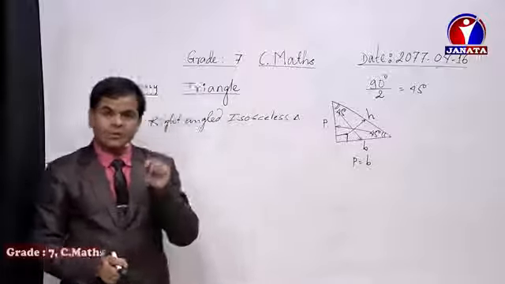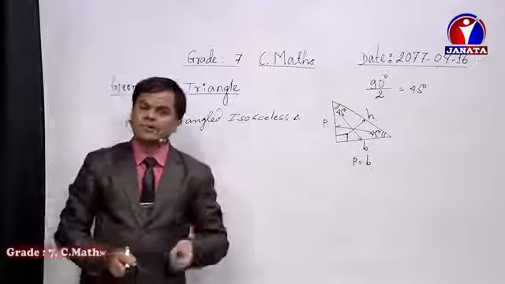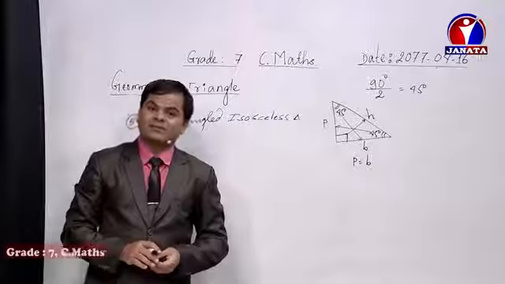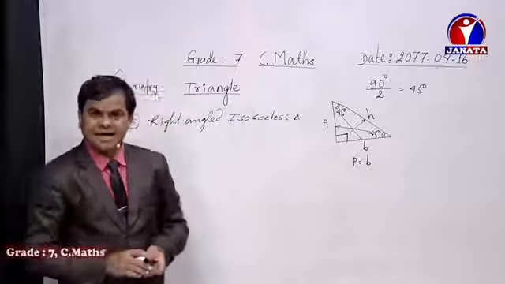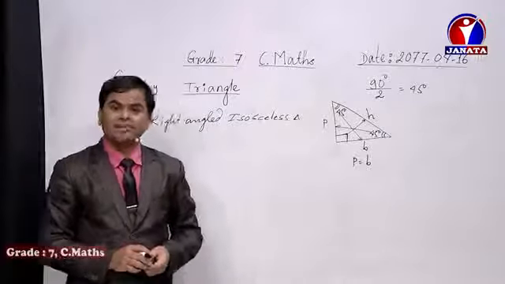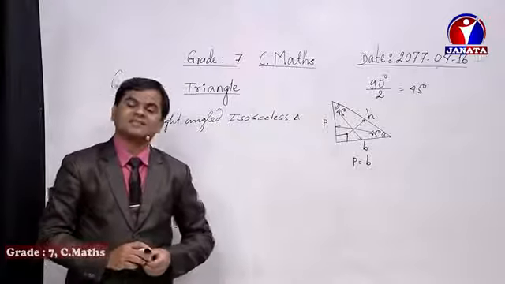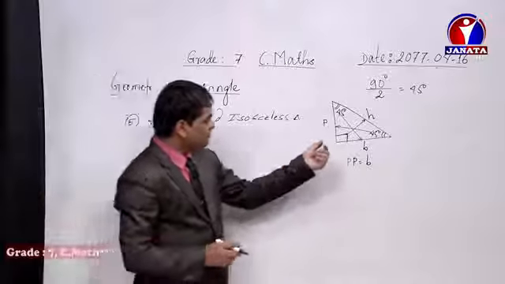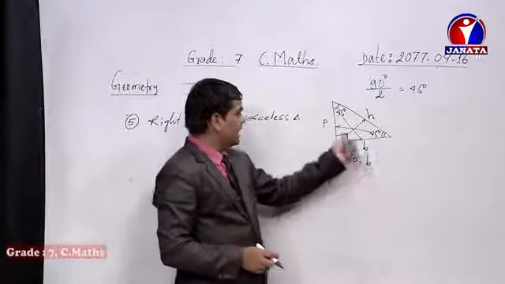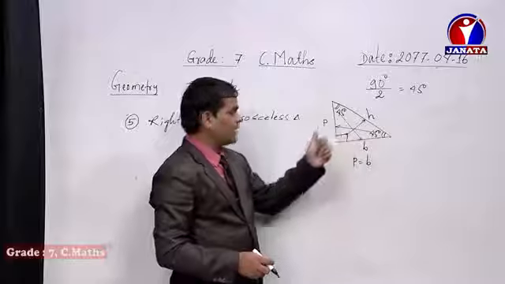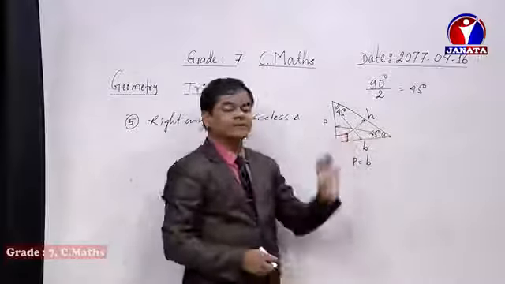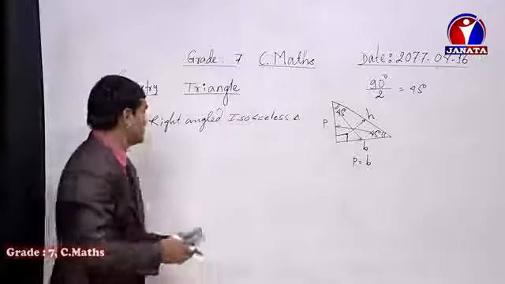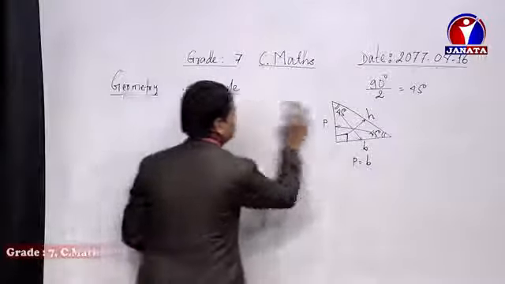Once again, one angle will be 90 degree and the other 2 angles will be 45 degree, and opposite to those 45 degree angles the sides will be written as perpendicular and base, and the perpendicular and base become equal to each other, because it is not only a right angle triangle, it is also an isosceles triangle. So perpendicular equals base, both the angles will be 45 degree and one angle will be 90 degree, and opposite to the 90 degree the side is always known as the hypotenuse in a right angle triangle. So these are the different types of triangle, dear student.